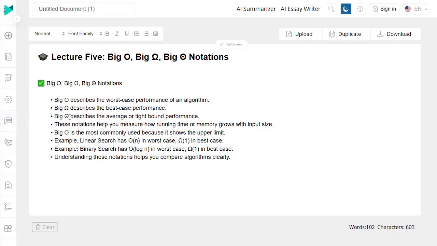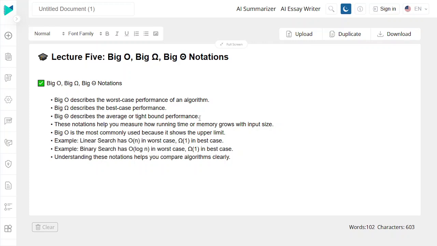Then we have the big theta, which describes the average or tight bound performance, right? This is one of the most important notations. Why? Because it defines the average or tight bound performances, and you are mostly concerned about either the worst case performances or the average case performances, because that's where you will be spending most of your time, because the best case performance is not going to take a long time.